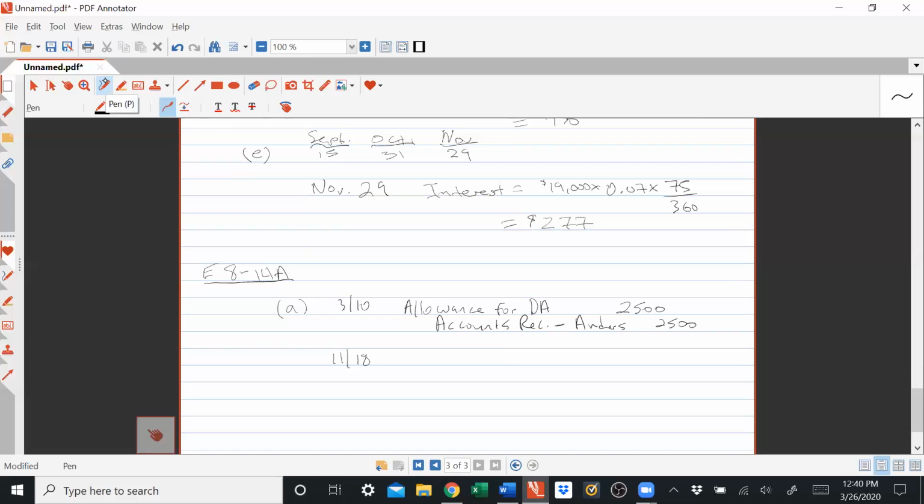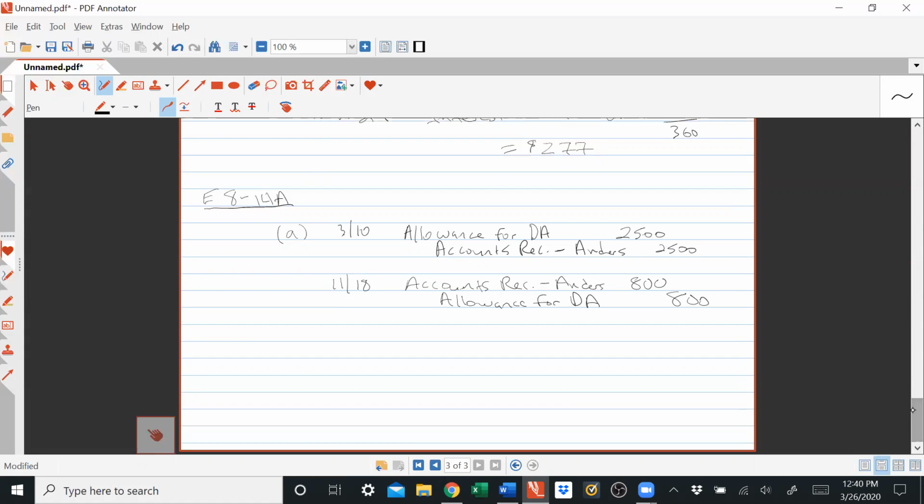So we would reestablish or reinstate $800 of their account receivable by debiting accounts receivable for $800. We would also reinstate $800 into the allowance account, credit allowance for doubtful accounts for $800. And then we just received $800 from Anders to pay off $800 of their account. So we would also debit cash $800 and credit accounts receivable